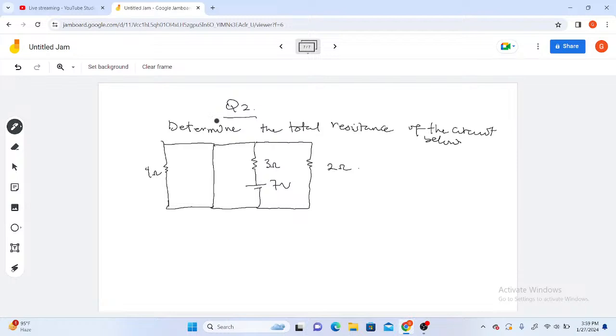So let's see how we're going to solve this problem. We have the voltage source here, 7 volts, and 4 ohm, 3 ohm, and 2 ohm resistors. Always, if you are given a circuit to simplify, just follow the path of the current. Where is the current starting from? It's going to start from this 7 volt, so you just indicate some kind of I here. You realize that this current upon reaching here was split. But now, to find the effective resistance, we are only interested